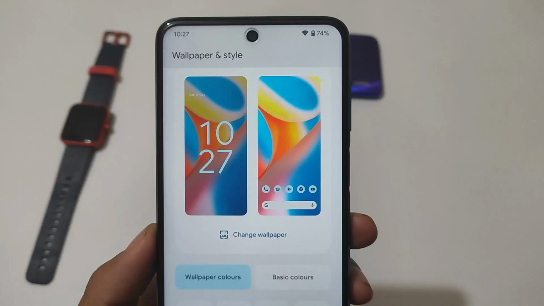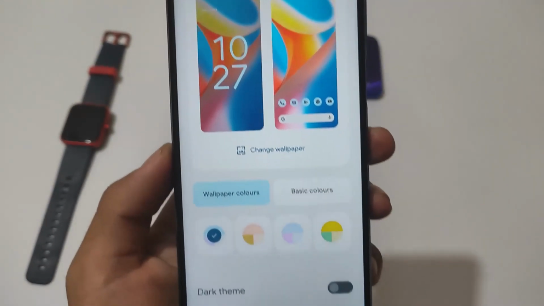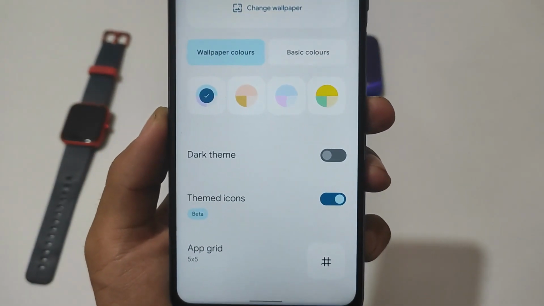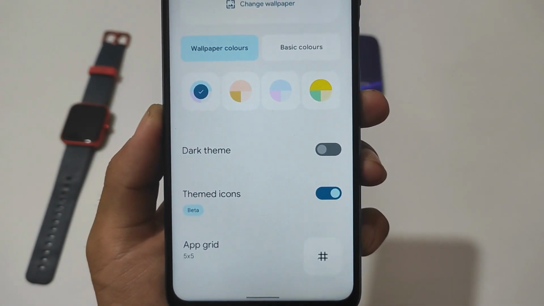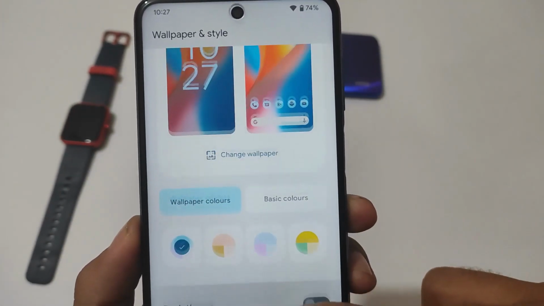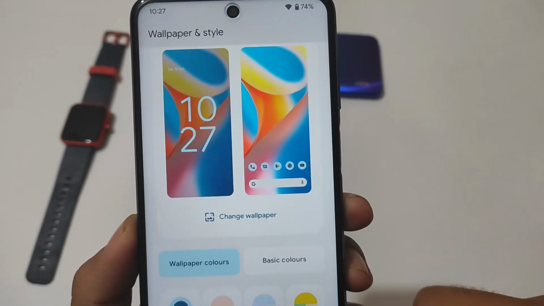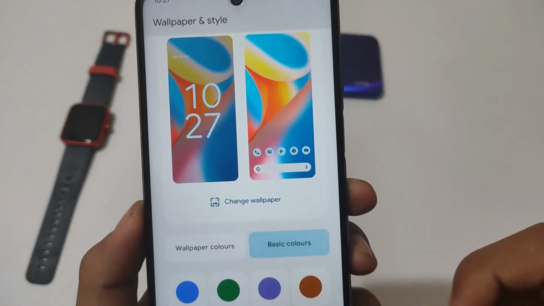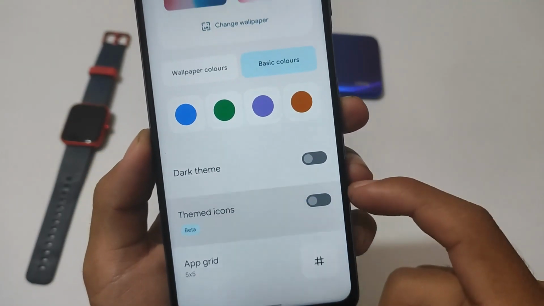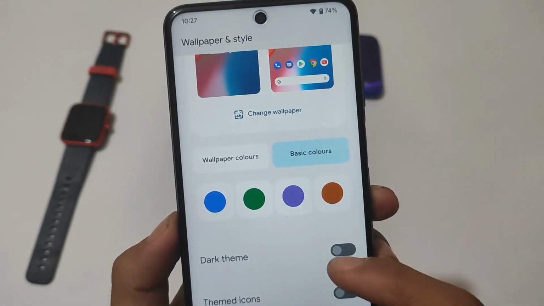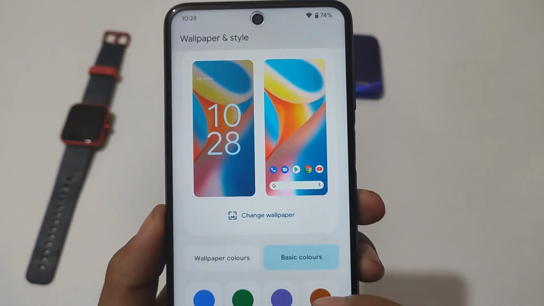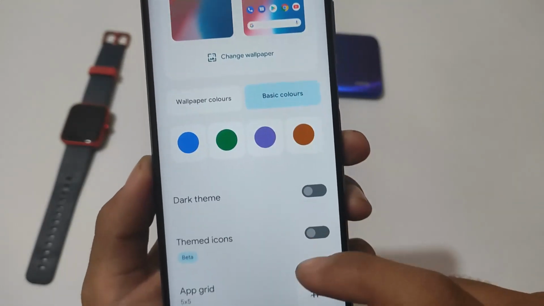I think these were the things, and this is last but not least, one of the major things. Android 12 has dark themed icons, app grid, everything like that. And the wallpaper and style options have changed a lot. It was not available by default in Android 12 AOSP based ROMs, but yes, it is present here. You can customize the colors, you can enable the dark theme if you want to, themed icons which I have already applied, and if you don't like this, you can simply disable it. That's actually quite good. I think these were some interesting things about this module alongside Android 12.